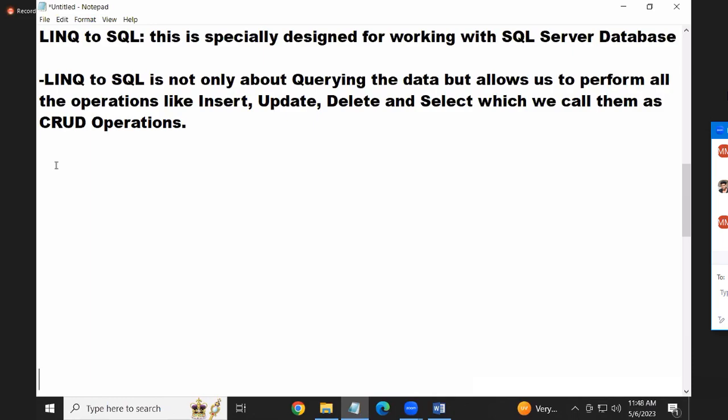Understood? But LINQ to SQL is not only about querying the data, guys. It allows you to perform all the operations like insert, update, delete, and select. And we call them CRUD operations. The CRUD stands for,